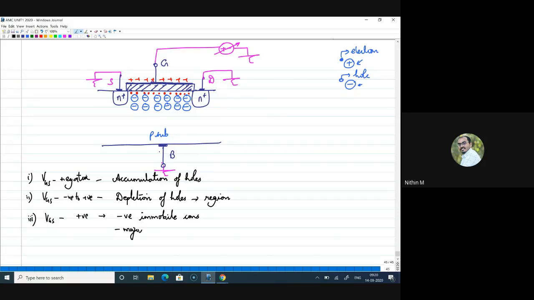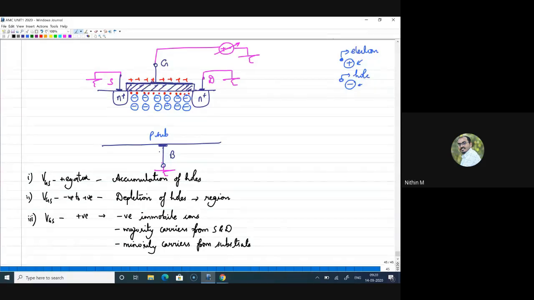So the majority carriers from source and drain also will be accumulated. Source and drain electrons will be attracted to the region beneath the gate, and we can also think that there will be some minority carrier electrons in the p substrate, right? Those minority carriers also will be attracted, but the contribution will be very little because the p substrate itself has very few minority carriers. But we can actually think about a possibility of minority carriers from the substrate too.